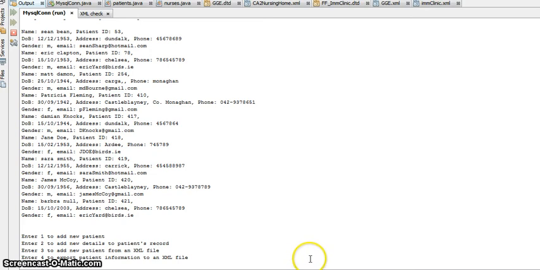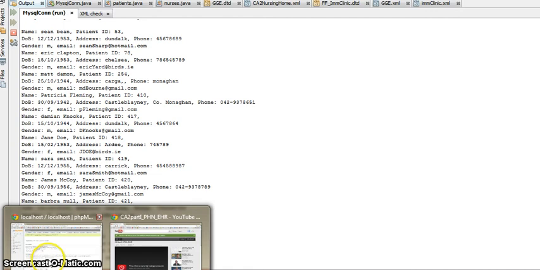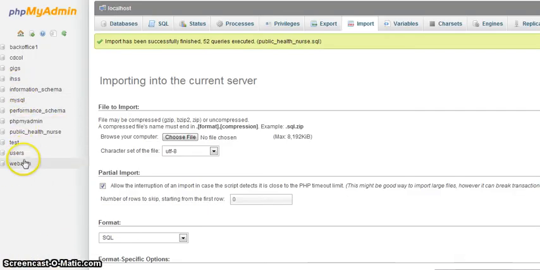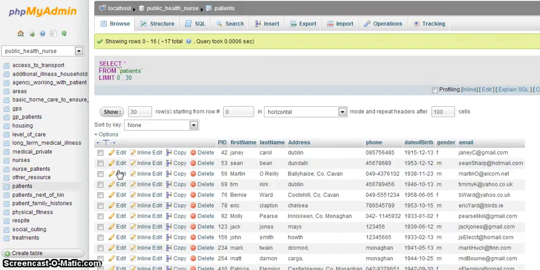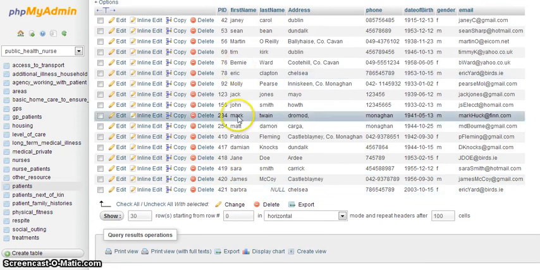In the first part I showed you how my system writes to an XML, and then I showed you a few examples of reading XMLs into the database. So these are taken straight from the database. They were put in from the XML, and if I open up my phpMyAdmin and go into the public health nurse, you will see that in patients those few extra